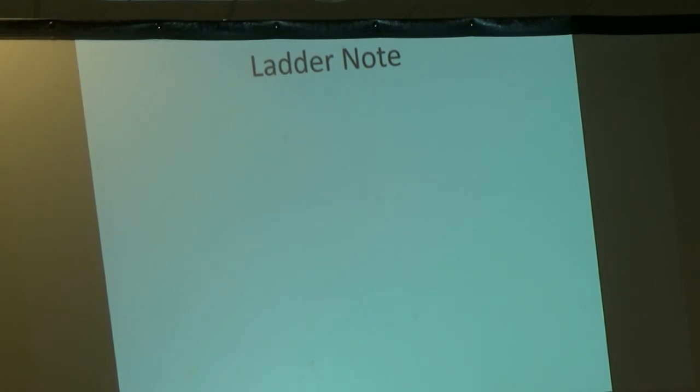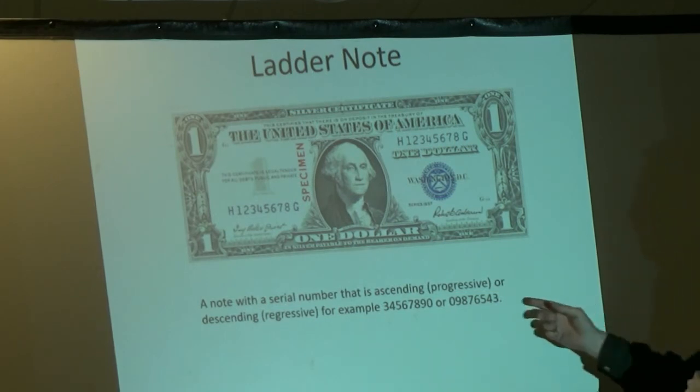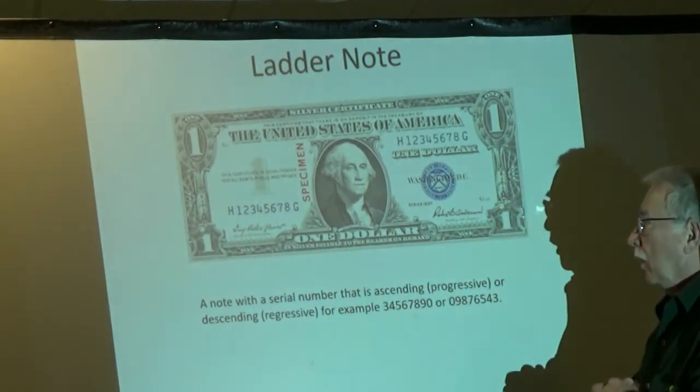It's a note where, if it's a perfect ladder, the serial number would be 0, 1, 2, 3, 4, 5, 6, 7. And you get broken ladders, which is just one digit, but they're not in order. Absolutely correct. Now, here's a perfect example where the serial number goes from 1 to 8, but you can also